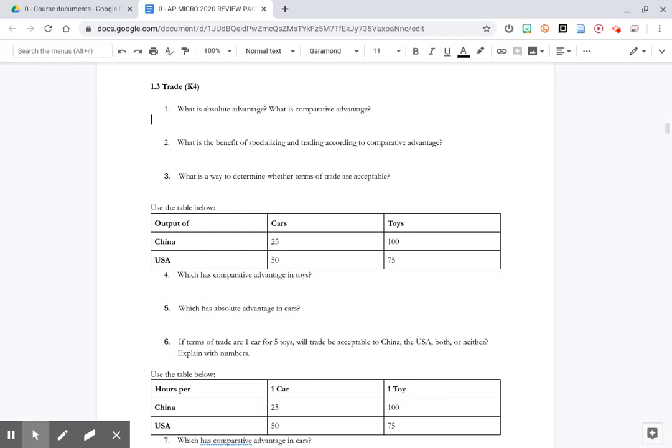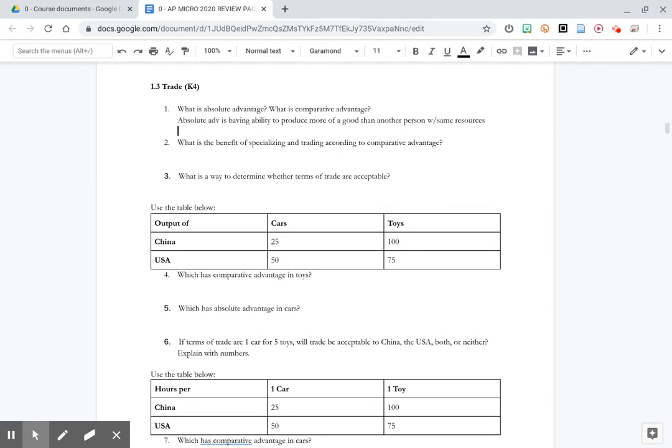So let's start off with the idea of absolute advantage and comparative advantage. Absolute advantage is the idea of having the ability to produce more of a good than another, and we could say another country or another person, with the same resources. So this is the idea of the same amount of time, the same number of workers, the same amount of factory space, that kind of thing. You're just better at it. You're faster at it, right? So somebody might be faster at cutting the grass than you are because you have to take breaks all the time because of your allergies, right?